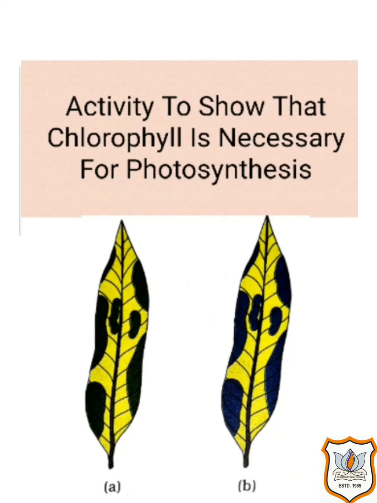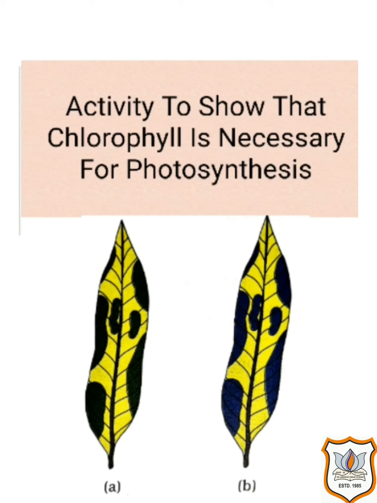Let us have an activity to demonstrate that chlorophyll is essential for photosynthesis. Take a potted plant of money plant or croton plant with broader leaves. Keep the potted plant in complete darkness for 2 to 3 days. After 3 days, expose the plant to bright sunlight for about 6 hours. Pluck one such leaf of this plant which is green in certain parts and white in the remaining parts. Mark the green areas in it and trace them on a paper sheet.